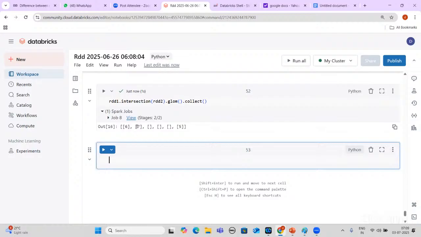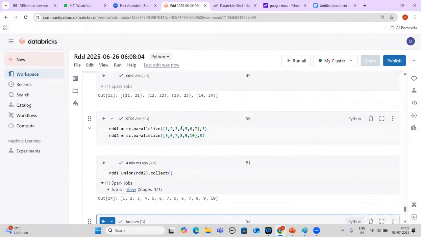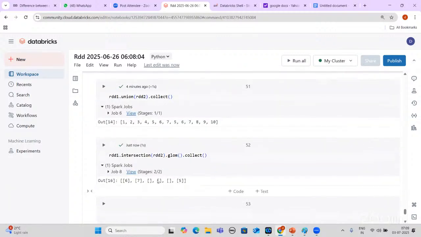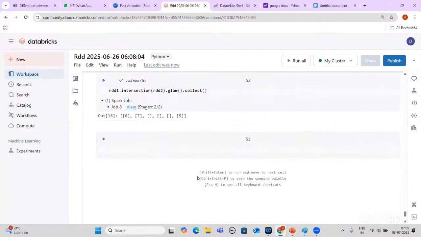Into the 6, we are having only 3 elements. Why 6 partitions? RDD1 is 3 partitions, RDD2 is 3 partitions. 3 plus 3 is 6. It has given the space for 6, but we are having 3 elements. That's the intersection.